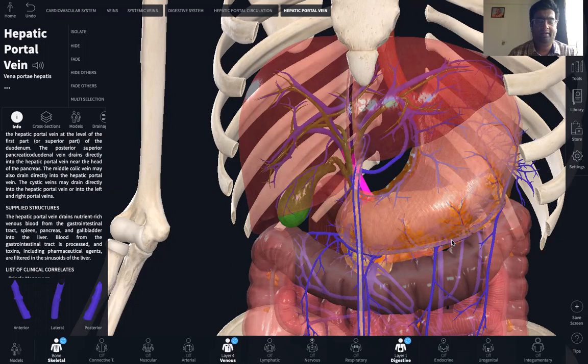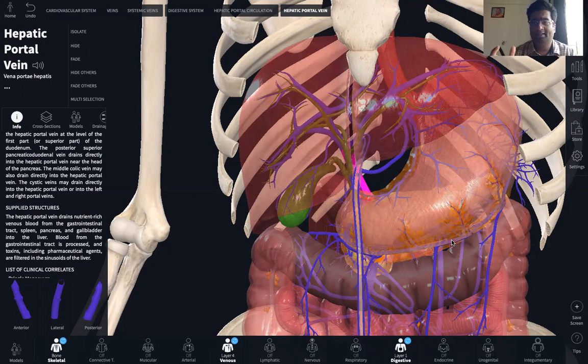Generally, we have studied that arteries divide and finally terminate into capillaries, whereas the veins are formed by the union of the capillaries. So the vein originates from a capillary, while the artery ends in a capillary. That's the normal definition of an artery and a vein. But a portal vein is the one that begins as well as ends in capillaries.